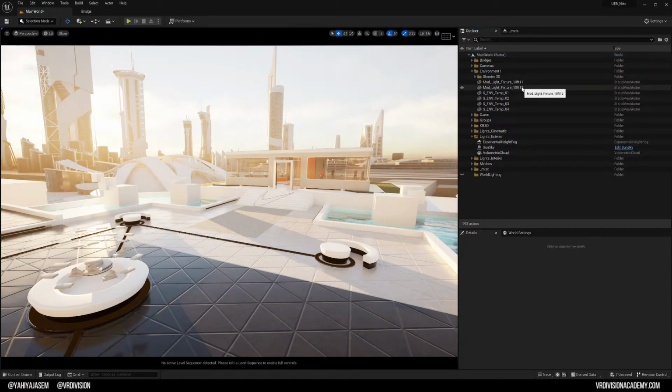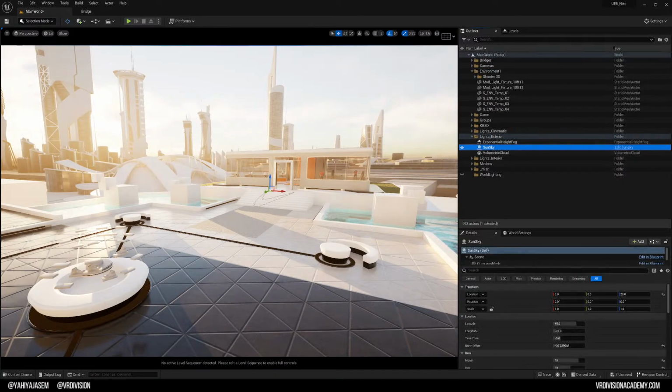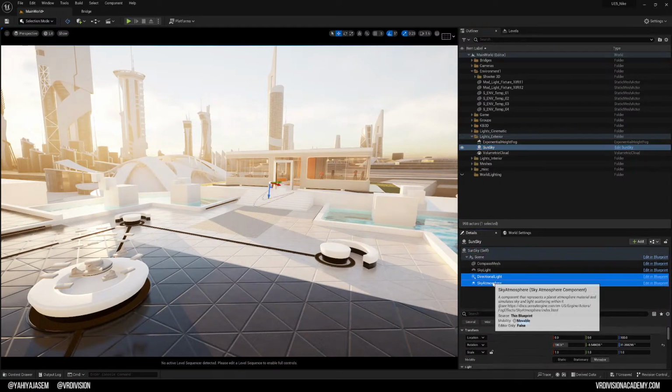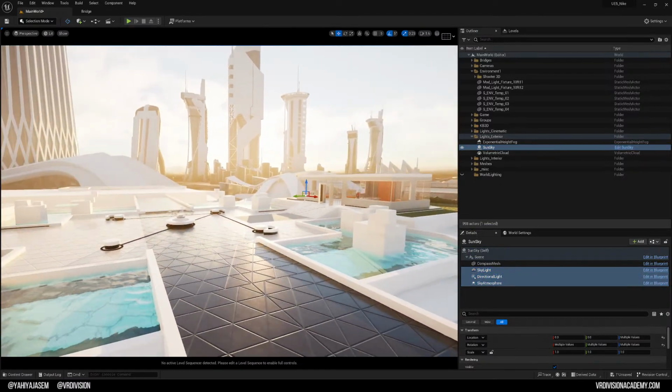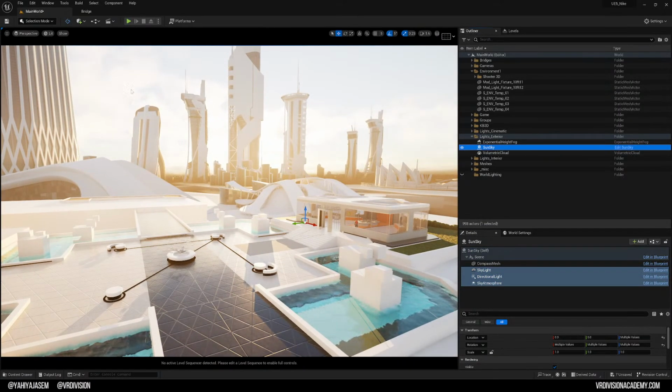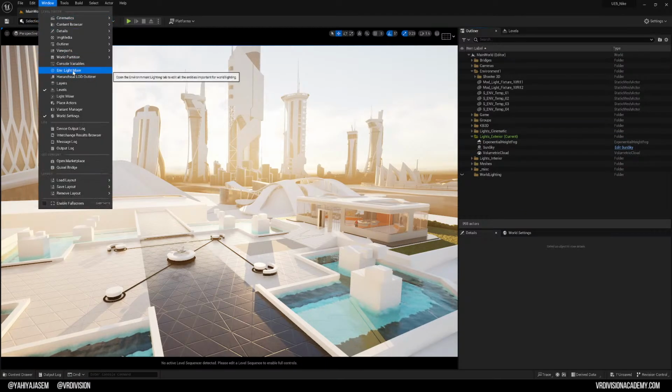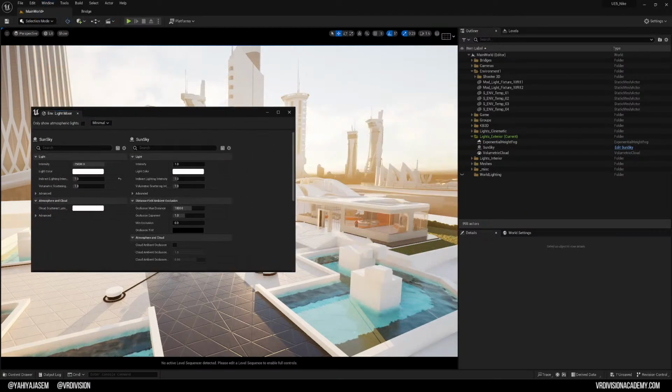So I will rename this from environment to lights exterior. And in the sun and sky, I'd like to get rid of this and just replace it with the directional light, sky atmosphere, and the skylight. And also I want to right click this folder and make it the current folder. So when I click on environment light mixer and I want to add these lights, they would be added here. Now, we cannot add them. That's because,